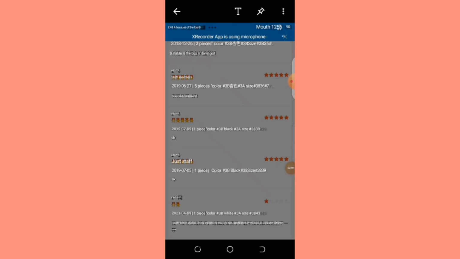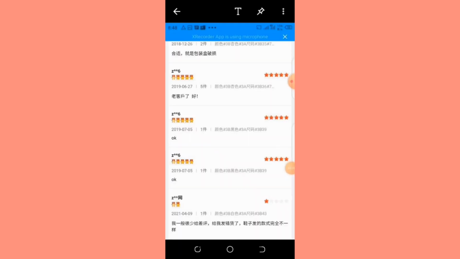That is, the people saying this is good quality, this is a good store, what I received is what I ordered, their number is greater than the ones saying this is bad. That means the store is good. Look at this. There have been so many people rating this store high. Just a few people are saying it is bad. That does not actually mean the store is bad. You can still go ahead and purchase. This store is really a nice one.